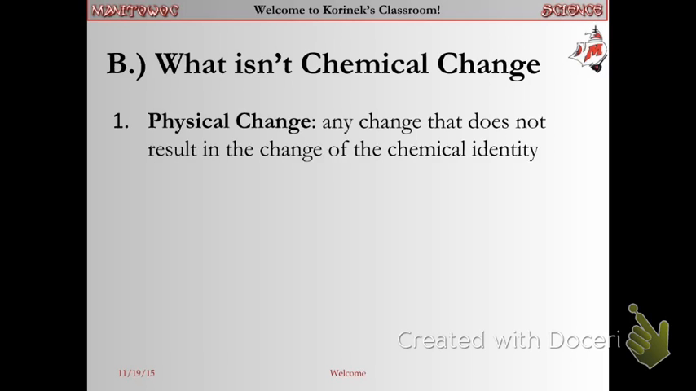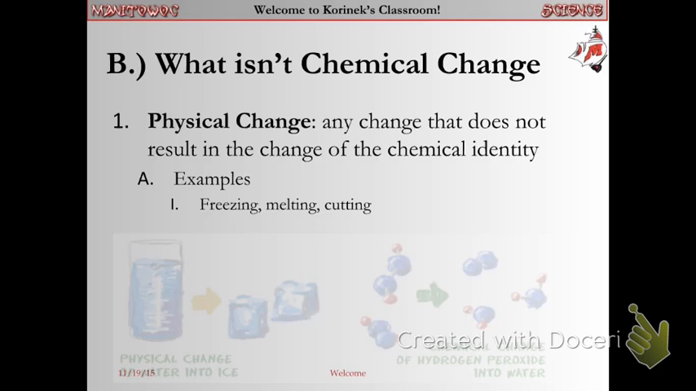So what isn't a chemical change? If something is being altered, but it's not being altered chemically, then we could say that it's being altered physically. That's any change that does not result in the change of the identity of the particular chemical. Some simple examples are freezing, melting, or cutting of a substance. In the case of freezing, you take some water and freeze it, and it turns into ice. It can obviously be thawed and turned back into liquid water. Cutting a material, if you're taking some aluminum foil and cutting it in half, both halves